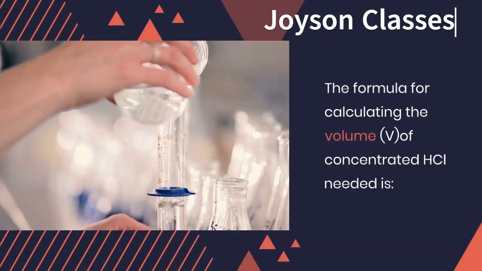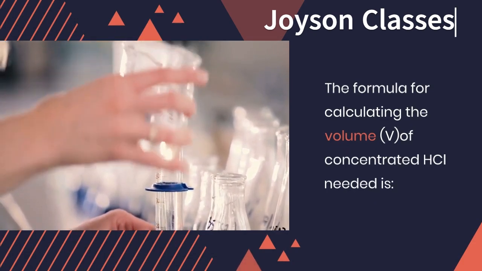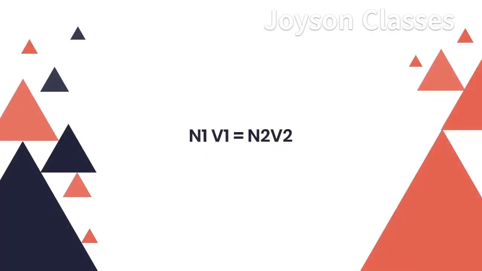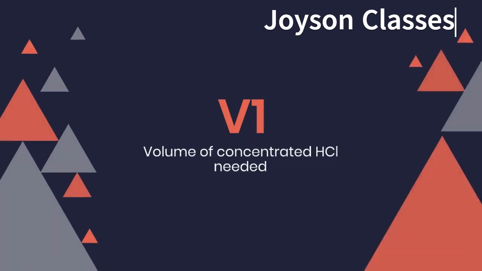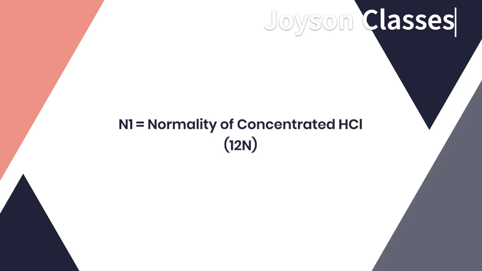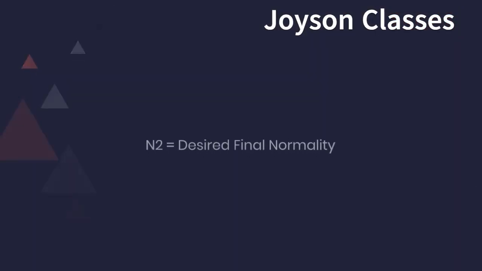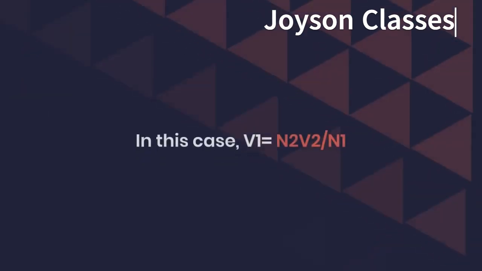The formula for calculating the volume, V, of concentrated HCl needed is N1V1 equals N2V2, where V1 equals volume of concentrated HCl needed, N1 equals normality of concentrated HCl, 12N, V2 equals desired volume of the final solution, N2 equals desired final normality. In this case, V1